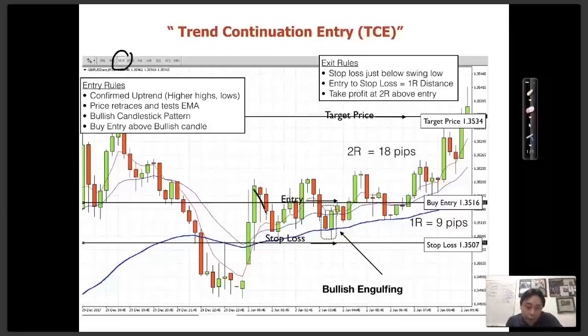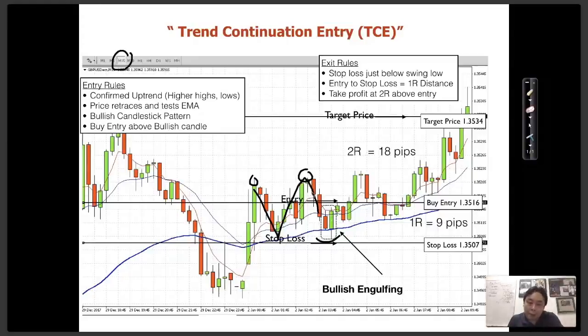Can you see? Boing. And then it is hitting it here. Now, again, I mentioned before, I only need for it to be tested once. So this was the first test. It hit the 50, it tested it, it went up. Now again, is it making a higher high? Yes or no? Say yes. Okay. Is it making a higher low? That's right. So we need, again, higher highs and higher lows, right?